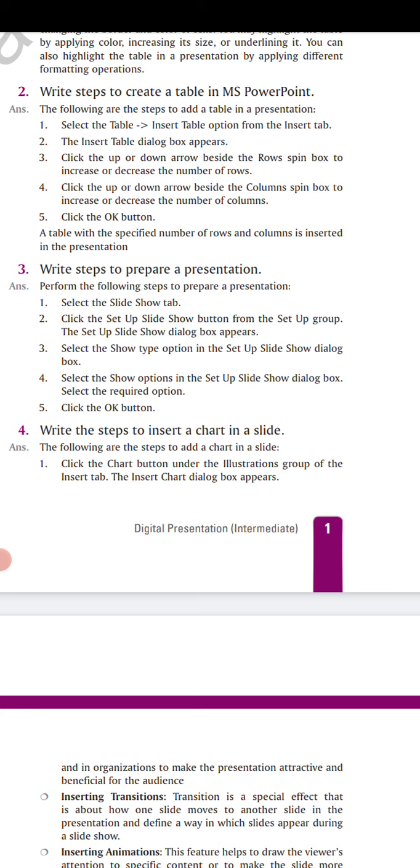I have informed you before. So there is the illustrations group. In the illustrations group you will find insert image, insert video, insert audio, insert shapes, and also a chart. So dear student, you should go and select the illustrations group of the insert tab, and the insert chart dialog box